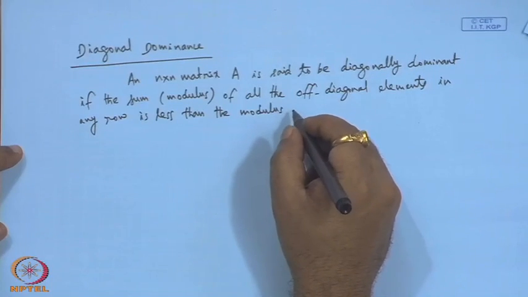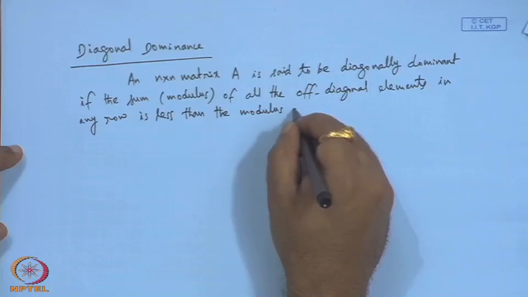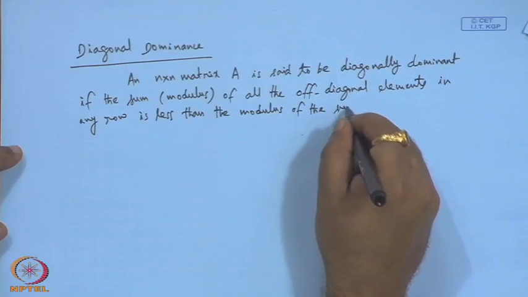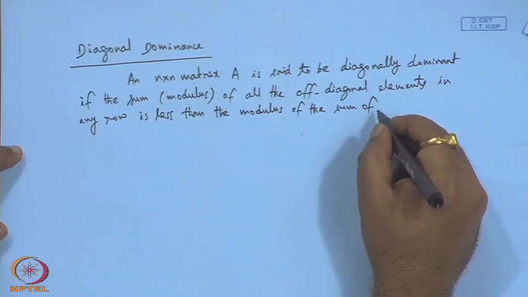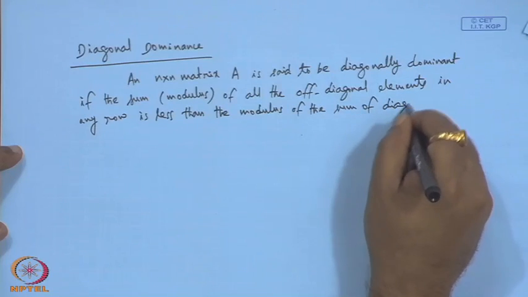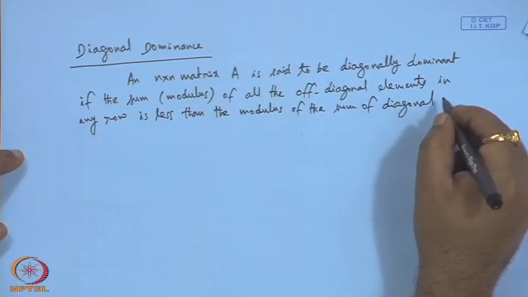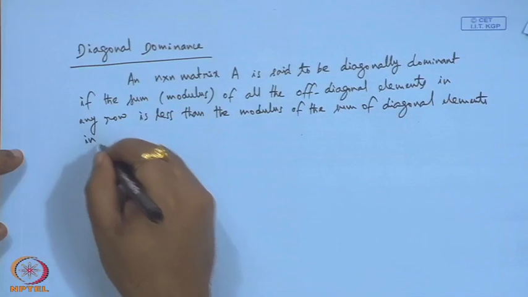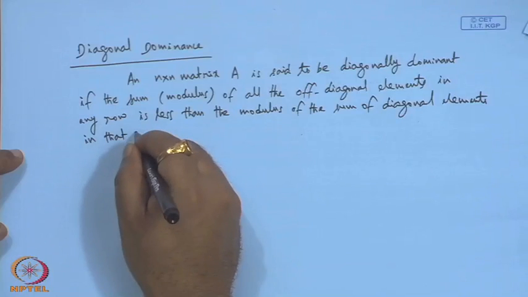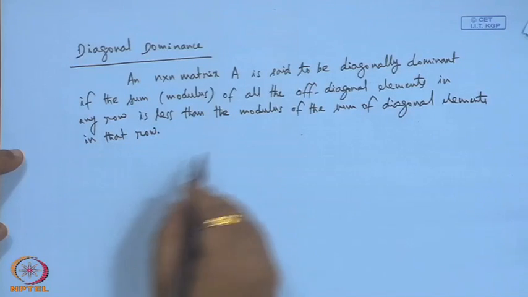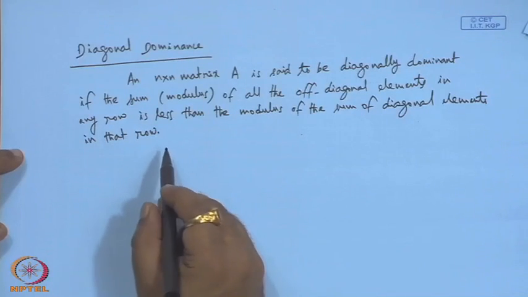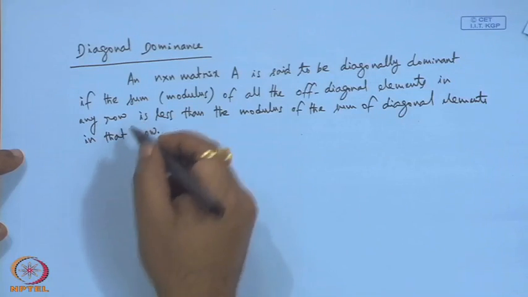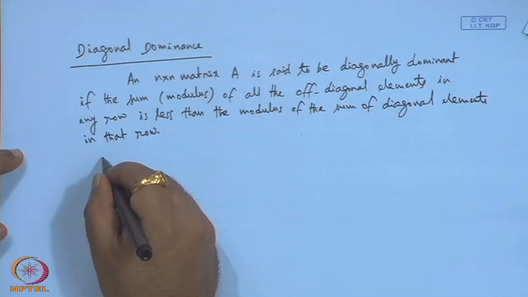Modulus of the sum of diagonal elements in that row. Okay. So, one property. So, for example, consider